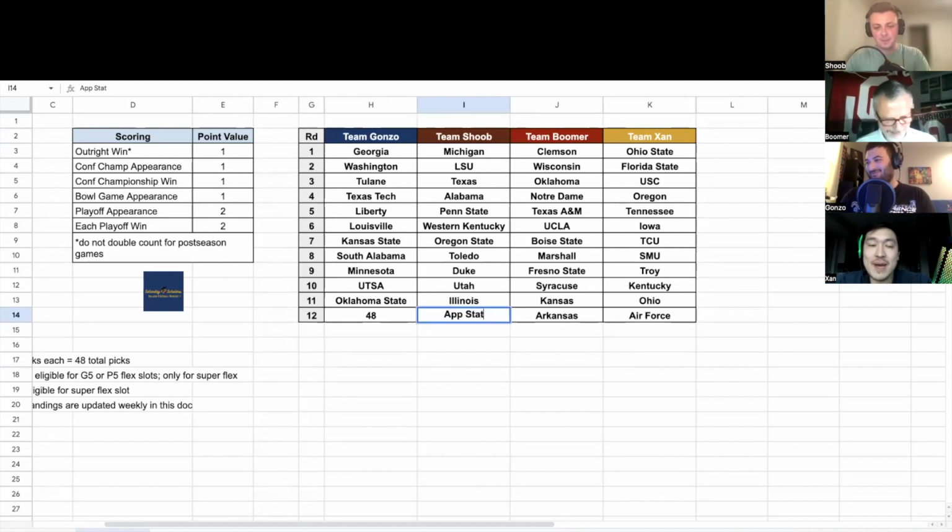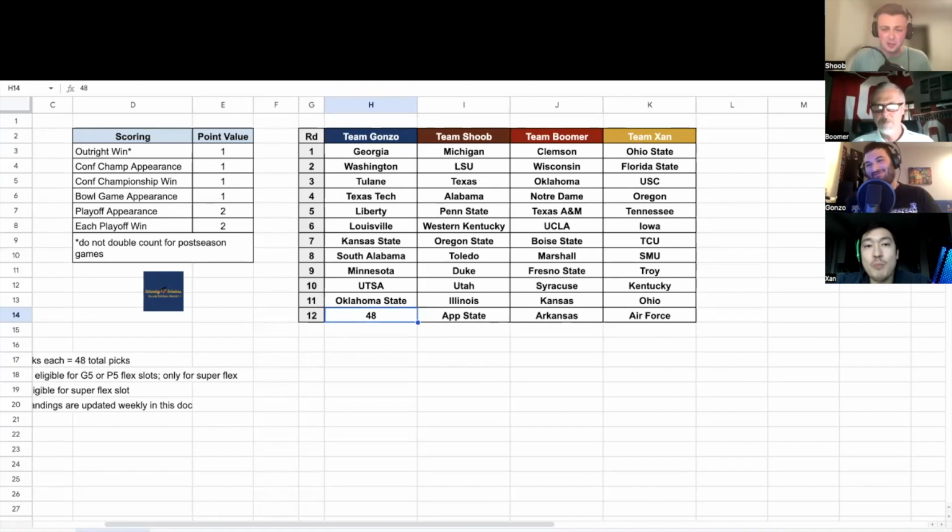It's a shame that James Madison can't play in their conference championship. Otherwise, they'd be a consideration. Exactly. So that's one thing that I was about to mention. James Madison is not eligible for their conference championship game, and that's the only reason why I'm picking App State, because I can get an extra point with App State if they win their division. You can't get that with James Madison, though. If James Madison was eligible, I would have taken James Madison for the record.